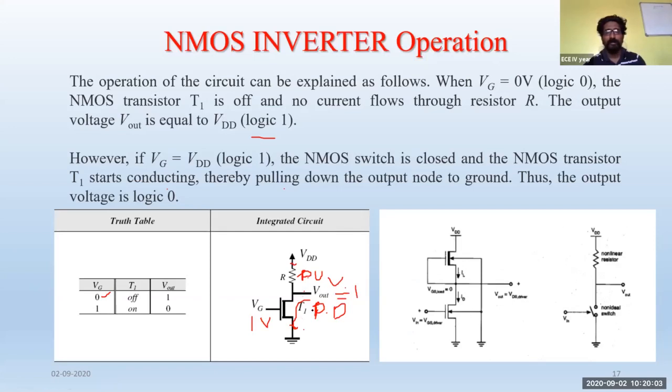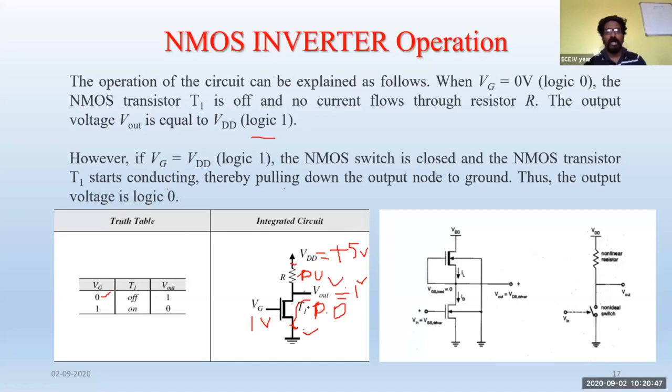Why does the pulling down of this output take place? Because of the difference between the potentials here. The output has a higher potential than the ground terminal, which is 0 volts, and here it is a logic 1, which is equal to whatever voltage you supply at the VDD. In my case, let me assume our VDD is equal to plus 5 volts. So approximately plus 5 volts will be stored as an output here. It is not exactly plus 5 volts because there is some resistor here. The current which is passing through the resistor will have losses, so you may get an approximated value something like 4.8 or 4.995. That value is greater than the 0 volts. So the pulling of that one takes place whenever this transistor is turned on.